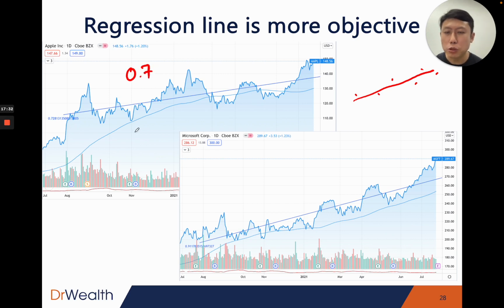The number may be too small, so we're writing it down. And then for Microsoft it is 0.9. So you can see that in this case there's no dispute, because one number is larger than the other. Microsoft has a stronger trend than Apple in this case, right? So it makes the judgment a lot easier. In fact, we are not even judging, we're just doing a very objective ranking and seeing which stock has a